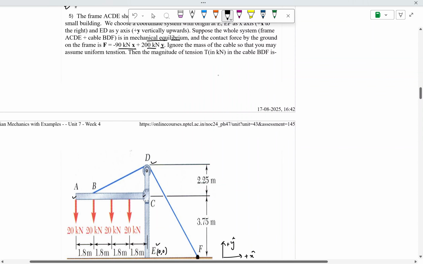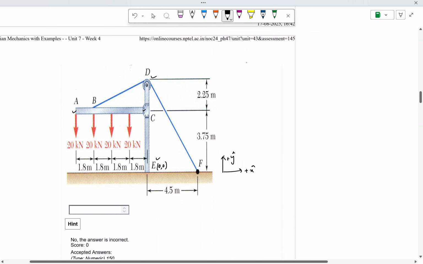So then what is the magnitude of the tension in the cable? First of all, because this cable is pulling downwards, the tension will be acting in the downwards direction. So you can extend this tension component as this T, which is the tension in that cable BDF. And this should be a straight line. So I should draw it more carefully maybe. Let's say this is, no, not this.